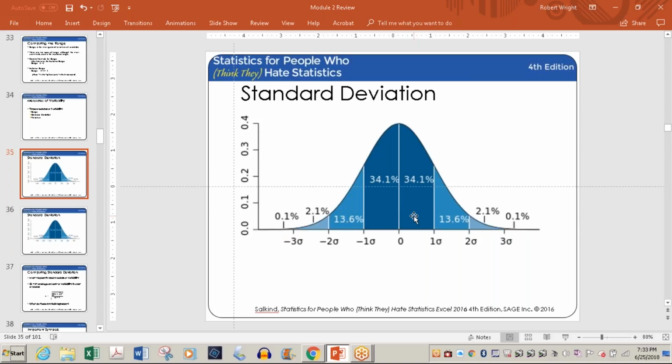And 68% of the people will fall between 90 and 110. Okay, that's just one test. Let's go to that second standard deviation. That adds 13.6 to either side, and what that does is put you out to a little over 94%.